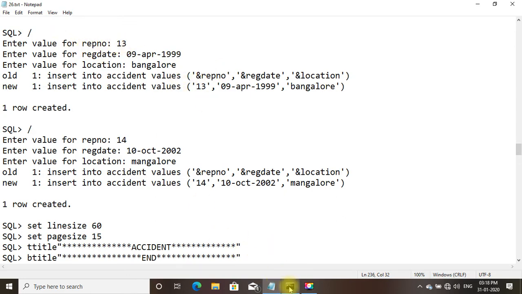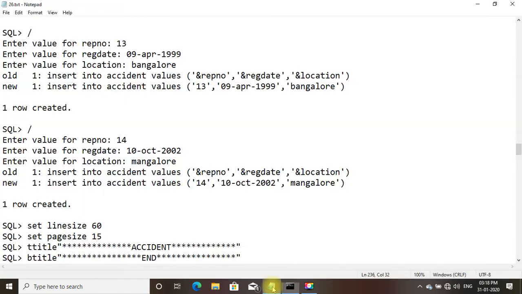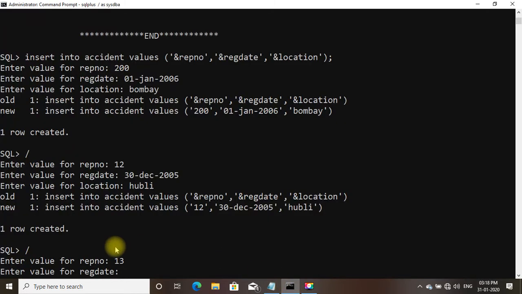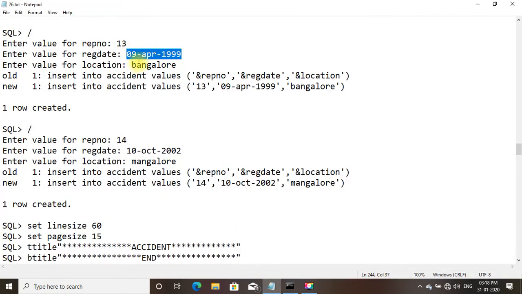Report number is 13. Registration date is 09 April 1999. Location is Bangalore.